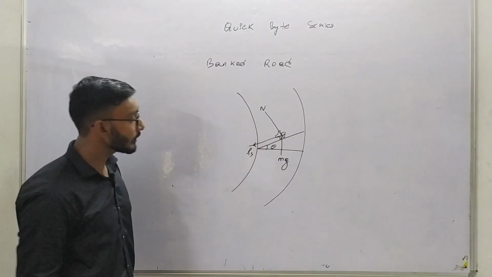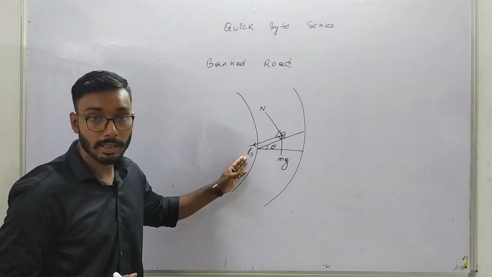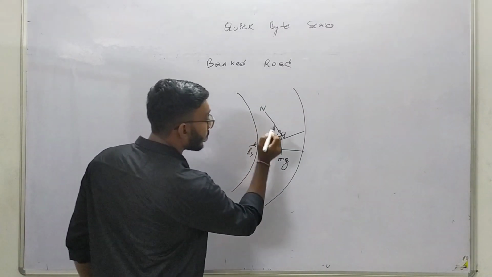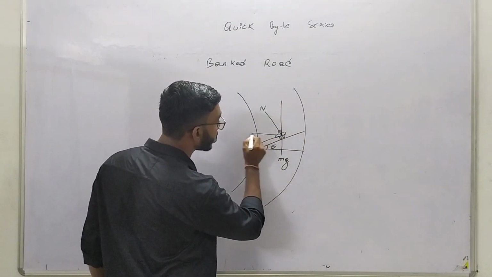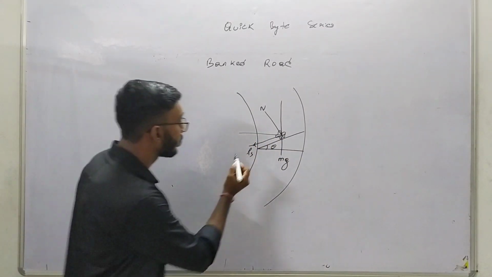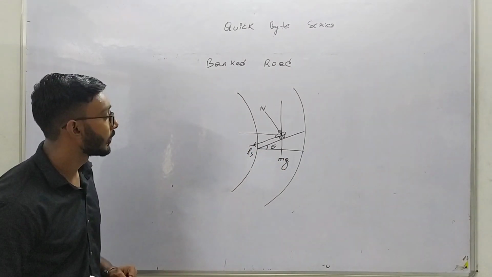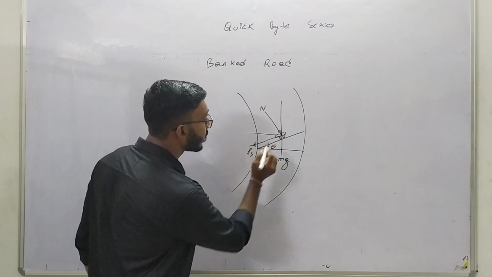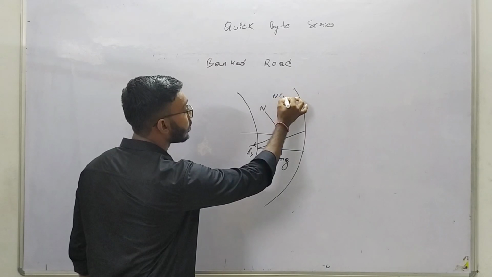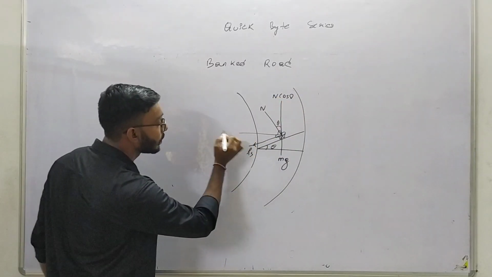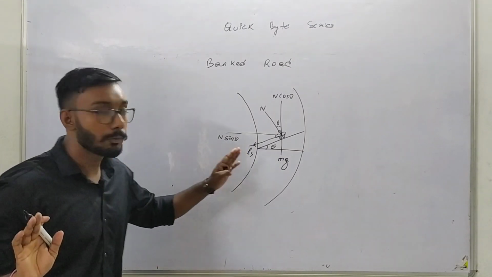Okay, now let us make components here for this normal and this static friction. First let us go for this normal. This is our vertical component, this is our horizontal component. And for the static friction, this will be the horizontal component and this will be the vertical component. So for this normal, this will be theta, so it will be N cos theta, and this will be N sin theta.